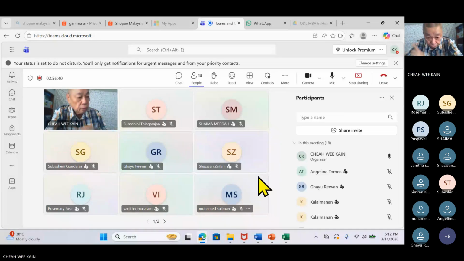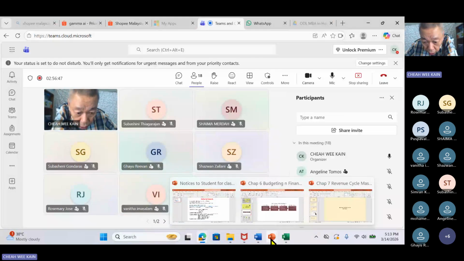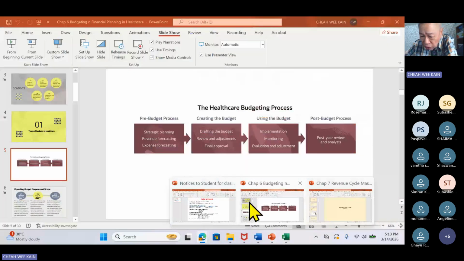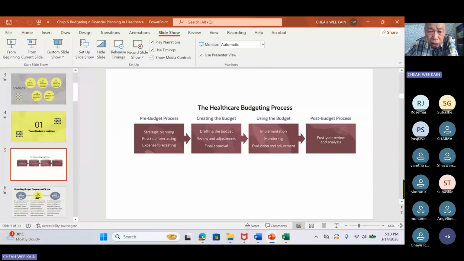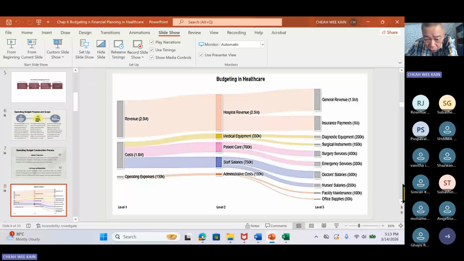Okay? That in my class is the practical. I always teach practical. I don't want to teach so much theory, wasting time. Okay, operating budget, volume projection, you have to budget healthcare. Okay, revenue, how much cost, medical equipment, only budgeting healthcare. This is just an example only. So level 1,